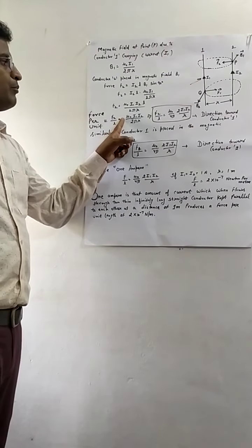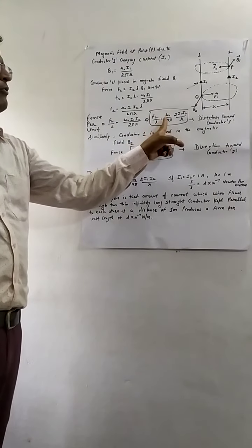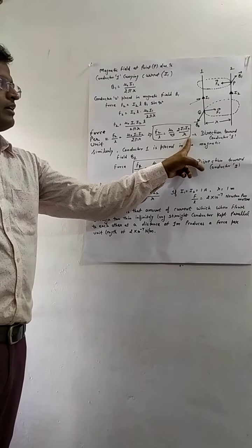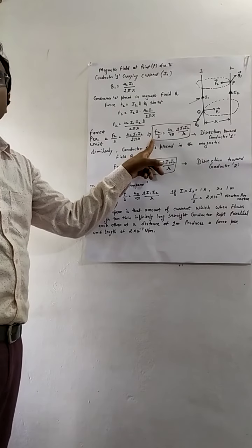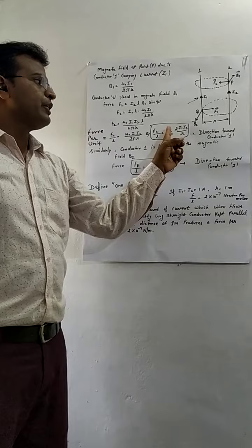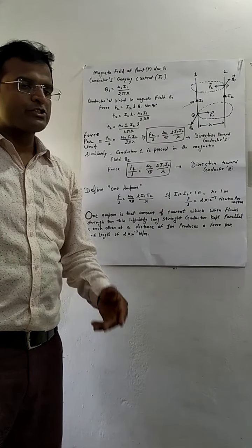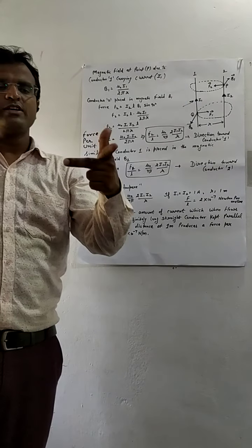F2 by L is mu naught I1 I2 by 2 pi r, and it is also mu naught by 4 pi 2 I1 I2 by r. Okay, this is the force per unit length, not force. What is the direction of force? The direction of force is calculated by using Fleming's